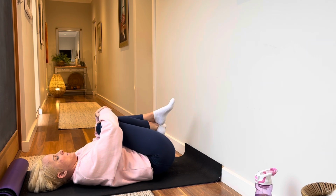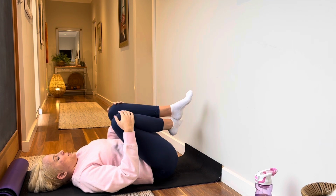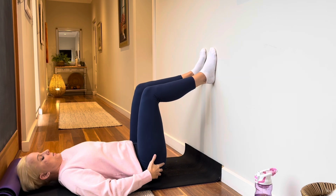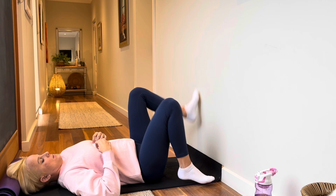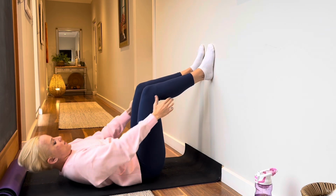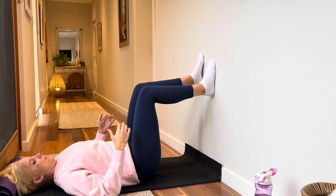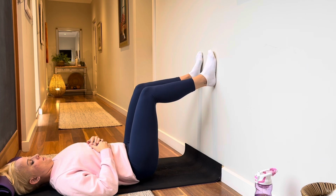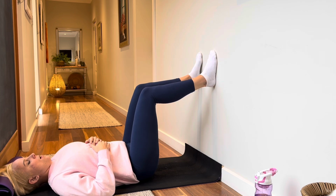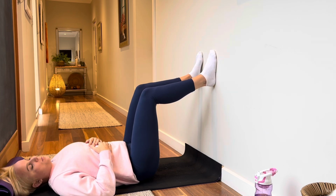And gently coming back to center and placing your feet up against the wall again, just shifting your hips back a little bit so there's kind of like a right angle underneath your calves and your thighs, a box shape to the best of your ability with the room that you have. Okay, so before we go into this next posture,